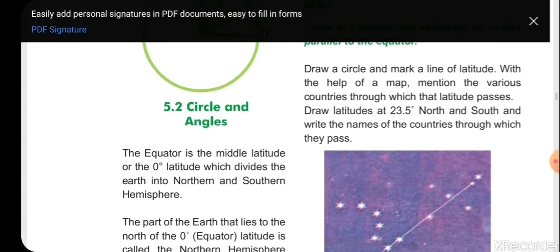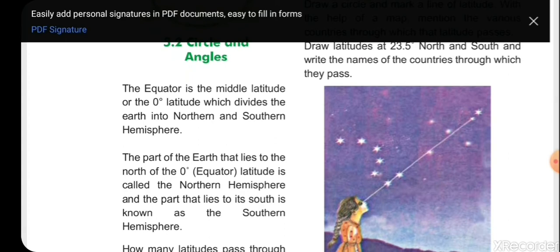Now they are talking about latitudes. Over here we have understood what is latitude, and now they are saying at 0 degree, that is at the equator, the earth gets divided into two hemispheres, that is northern hemisphere and the southern hemisphere. The part which is on the north from the 0 degree, that is equator, is known as the northern hemisphere, and the part that lies to its south is known as the southern hemisphere from the 0 degree latitude, that